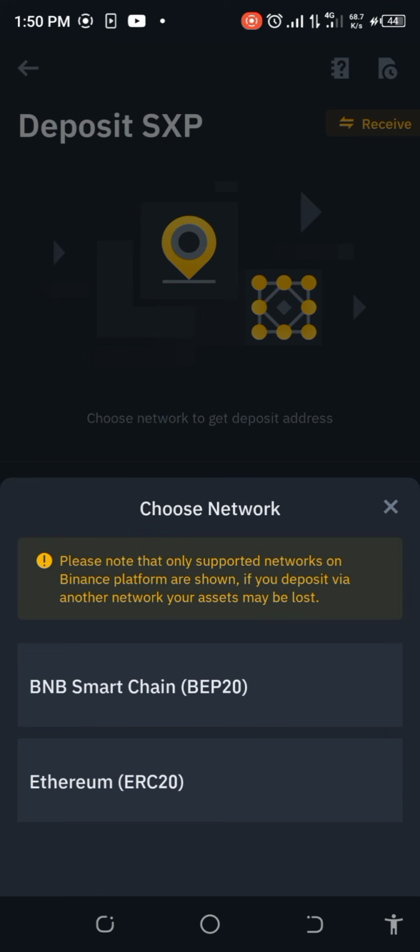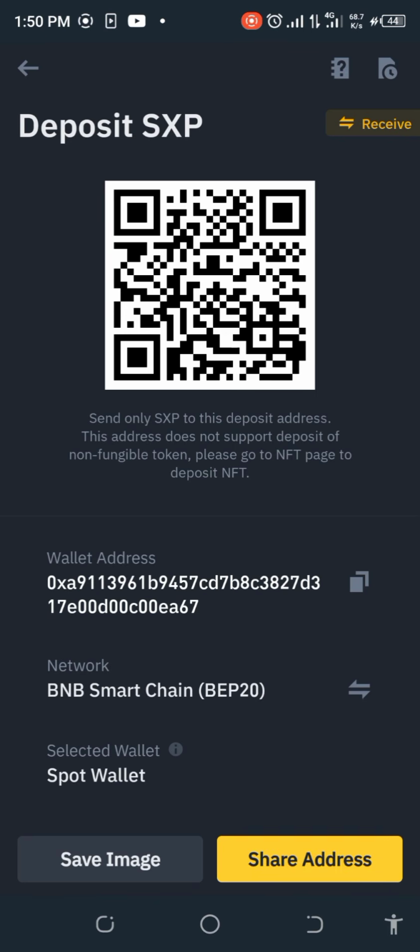Can you see that? Even if I choose that and copy the address, it's not going to work. Can you just imagine that? SXP on Binance, SXP on KuCoin. I'm told in news and in the write-ups that I've read that it's still the same coin, only that they have rebranded. But now I cannot even deposit it into Binance. How am I going to take advantage of this?